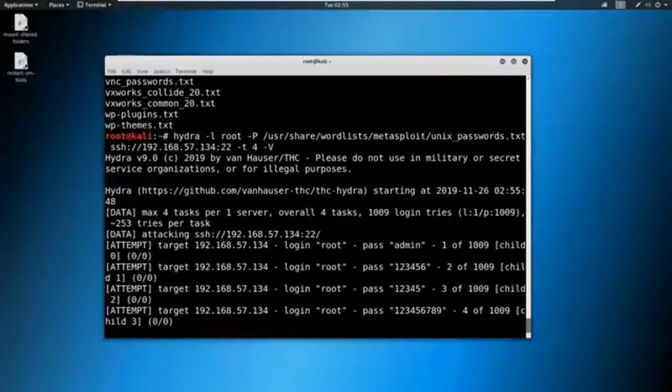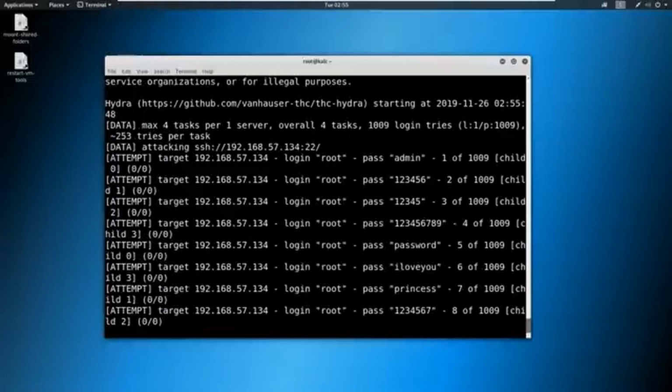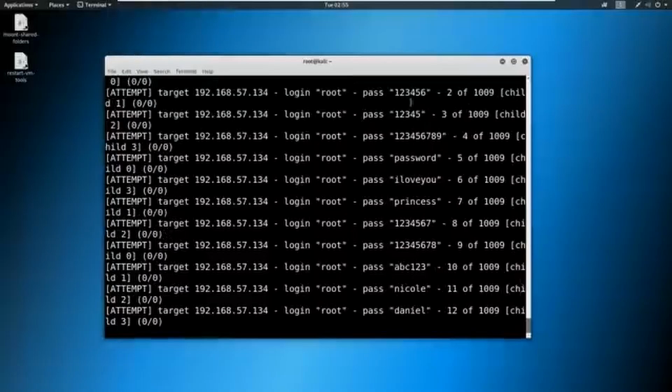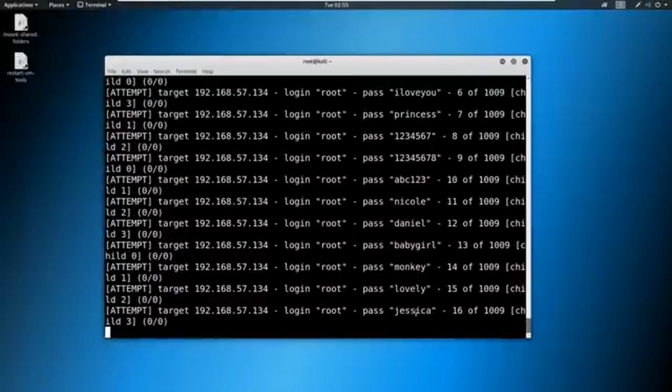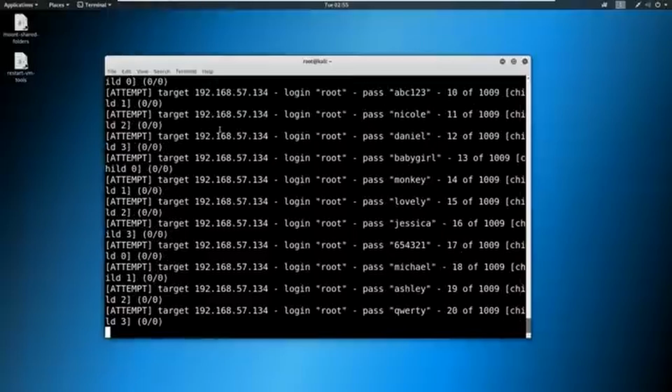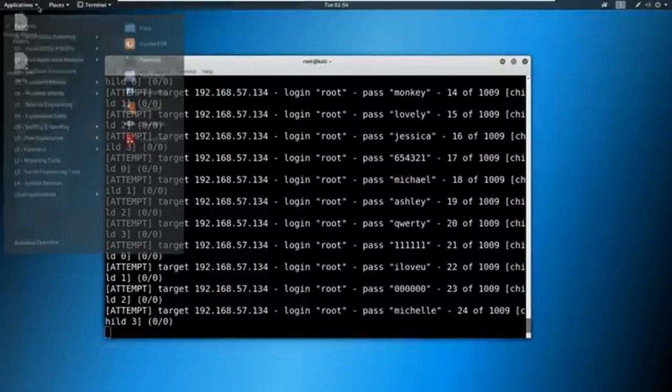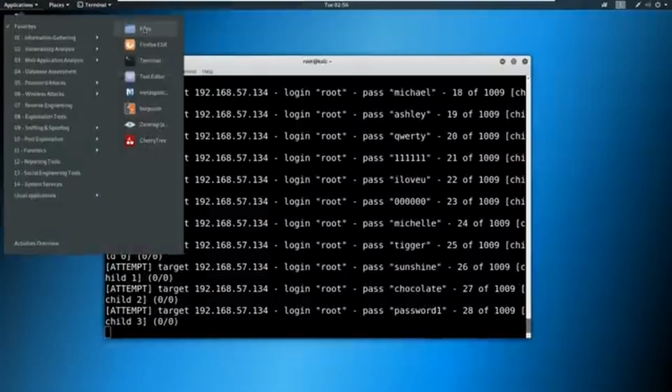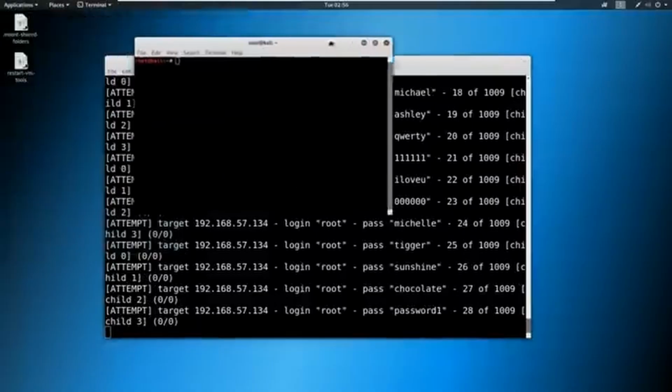And you're going to see that it's starting to attempt root login password with all these weak passwords here. And hopefully it might find something. But let's go ahead and open up a new terminal here. And we're going to just